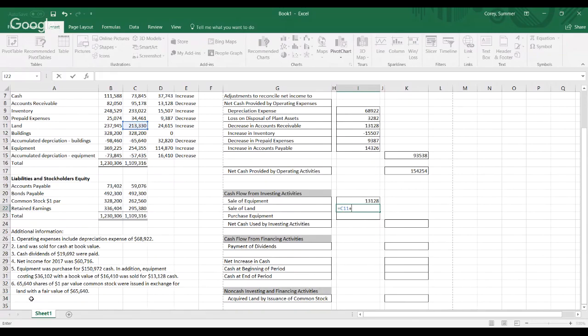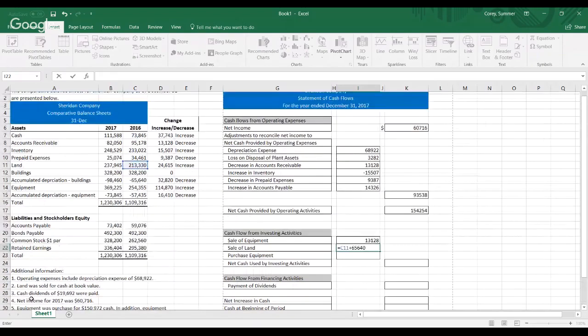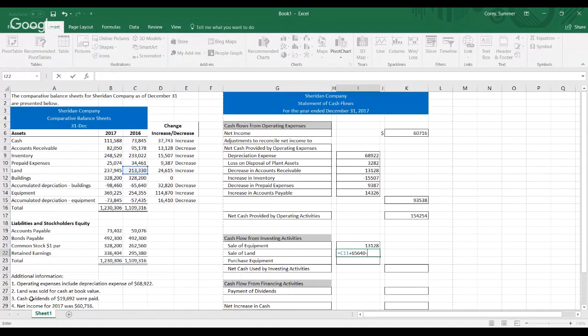So we're going to add that $65,640 to our 2016 amount, and then subtract our 2017 land, and that is going to give us our sale of land at